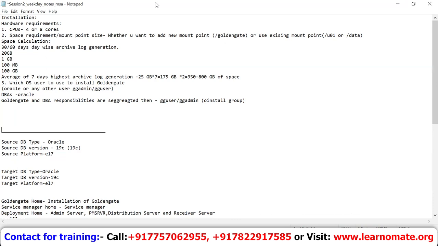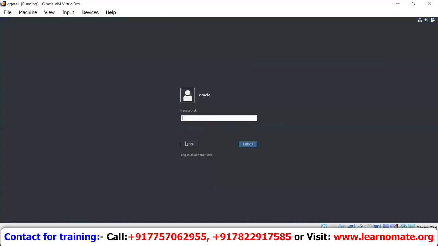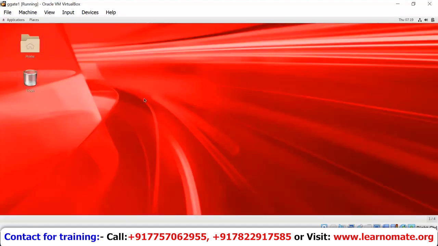Remember one thing, everything depends on the type of database you have, the version you have, and third, the platform on which your database or your GoldenGate is hosted. Okay. So in our case, we are going to install GoldenGate on this VM. Okay. So if I check this VM,